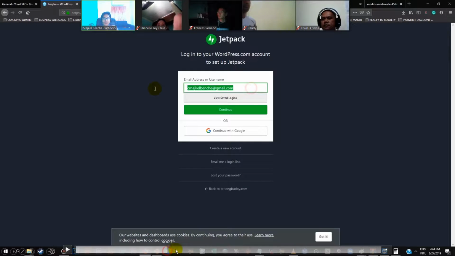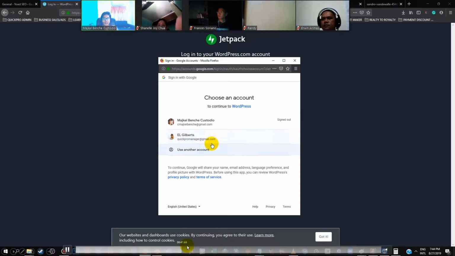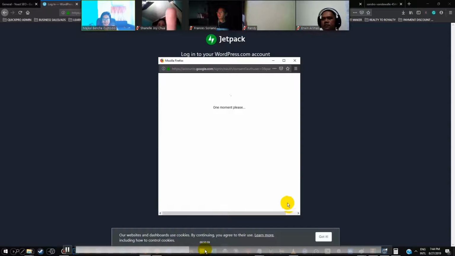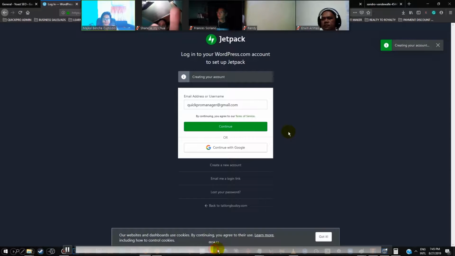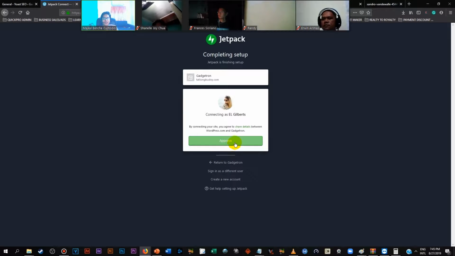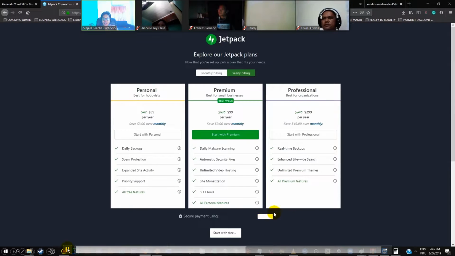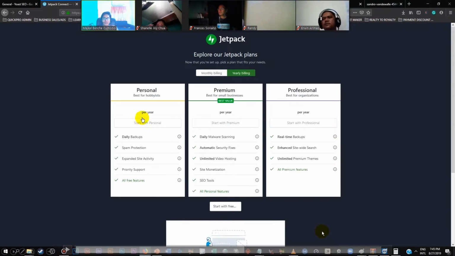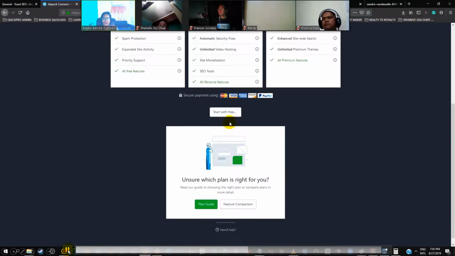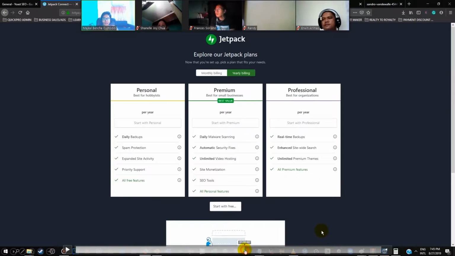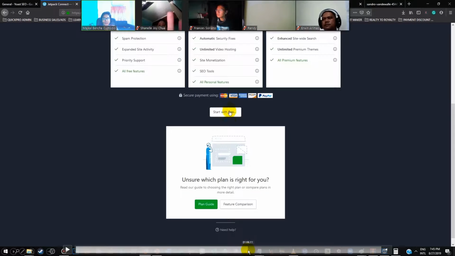So just click on continue with Google below, right there, and use the same email, okay? Again, be consistent with your email. And once you're in, this is gonna appear, creating your account. Just wait, okay? Do not panic. It may lag or whatever. Just give it some time while it's creating your account. And then click on approve, okay? Once you're done clicking on approve, it's finishing up. Now, you will be shocked, oh no, there's a payment, per year. Don't select any of those. Just click on start with free. That's at the bottom, okay? There, start with free. It's very easy to miss. There it is, start with free.